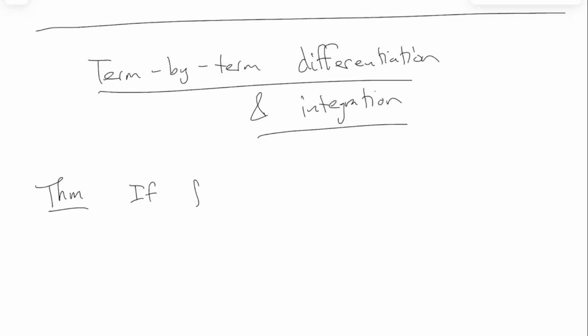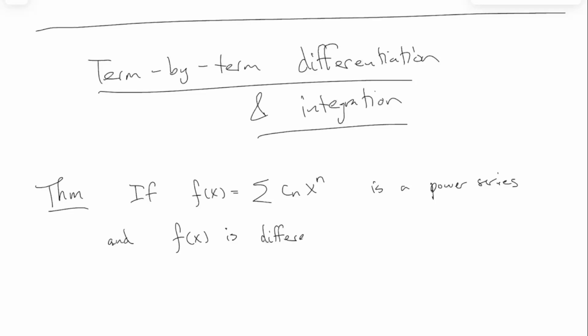If I have one power series that I know about, let's say looks like the sum Cn x to the n, so that means just some coefficient in front of x to the n. If this is a power series and f of x is differentiable, that means the derivative exists,